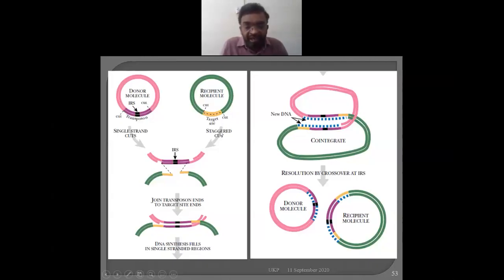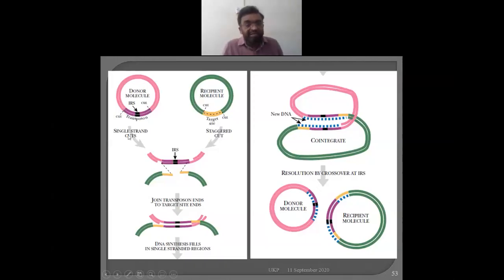While in the case of a staggered cut, what happens? Within 6 to 8 base pairs, the cut is there. Here the first cut is there, and another after 6 or 8 base pairs. Hence it is referred to as a staggered cut. This is not considered staggered. It appears like a stagger, but actually a totally different enzyme molecule is required to cut in this strand, because the distance is much greater.